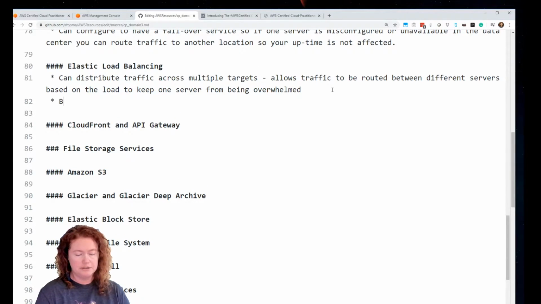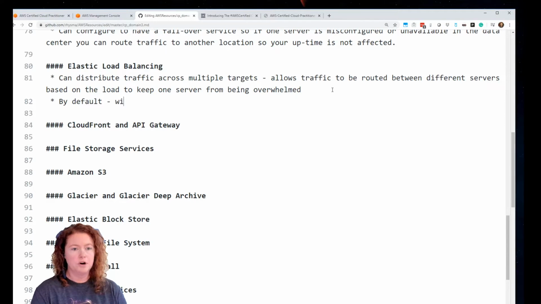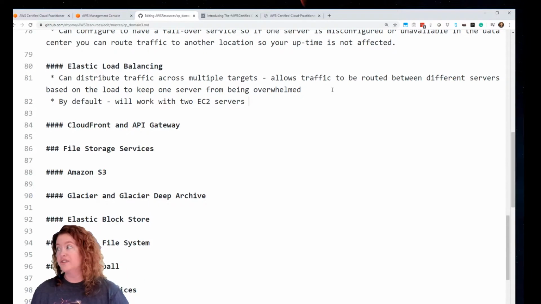By default, it will work with 2 EC2 servers. Servers or services, which we haven't talked about services yet. But in AWS, we have the container service. Those are EC2 services. Or if you're running those Lambda containers, it supports